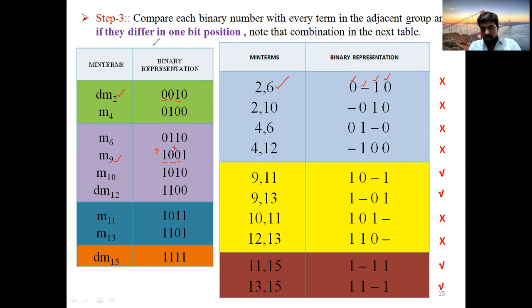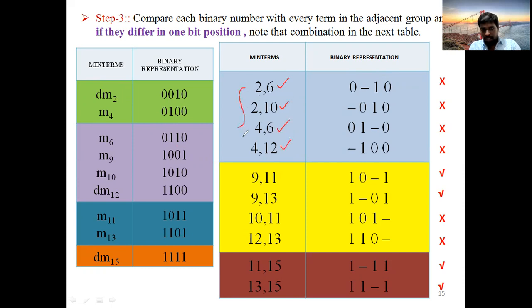But as per our rule, you should write only a 1 bit position. But here there is 2 bit variance. So you should not take this into your answer. That's why I didn't write 2, 9 here. I did not include 2, 9 in my answer. Why? Because 2, 9 is resulting in 2 bit variance, but I need only single bit variance. Now, like that, if you verify, you will get 2, 6, 2, 10, 4, 6, 4, 12.